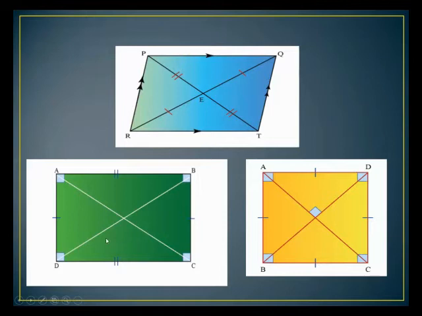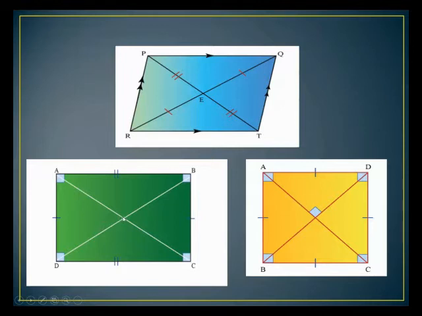And the diagonals of a rectangle are congruent. Means the measurement of AC is the diagonal. So what is a diagonal? The line segment that joins two opposite vertices is called a diagonal. So those two diagonals are congruent. Means the measurement of AC is equal to the measurement of BD. So this is the specific definition of a rectangle.